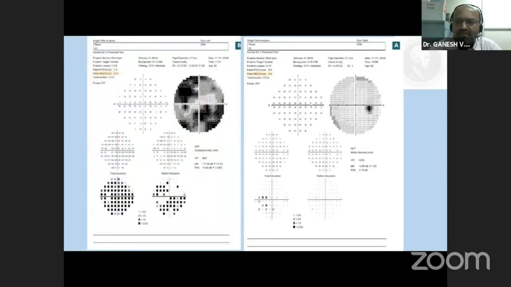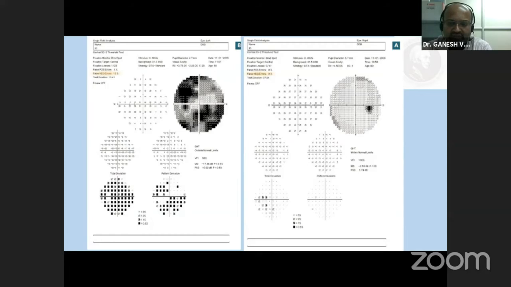There's an 80-year-old person who has done the visual field in the right eye, and by the time he went on to do the left eye, he felt so fatigued that he has got a high false negative of 13%. So elderly people may sleep off during the test, at the end, when they start doing the second eye. You have to make sure that they do the second eye as well as the first eye.